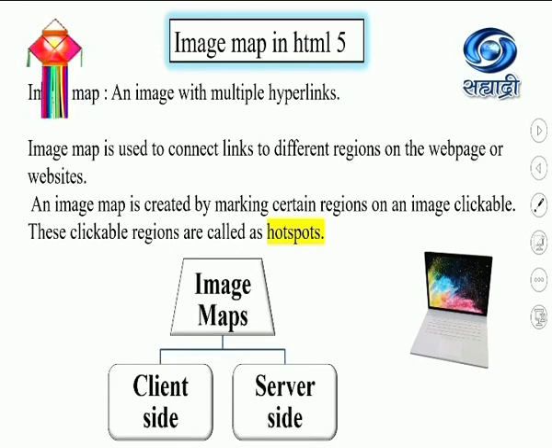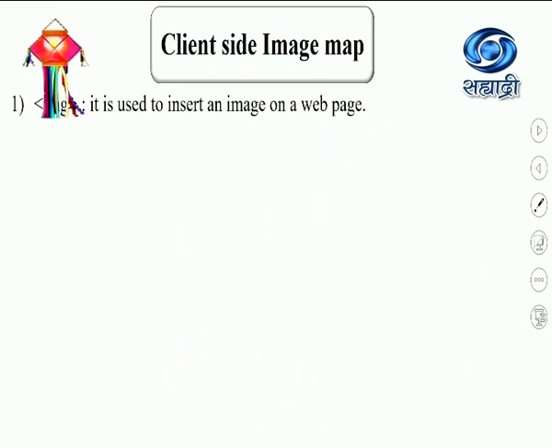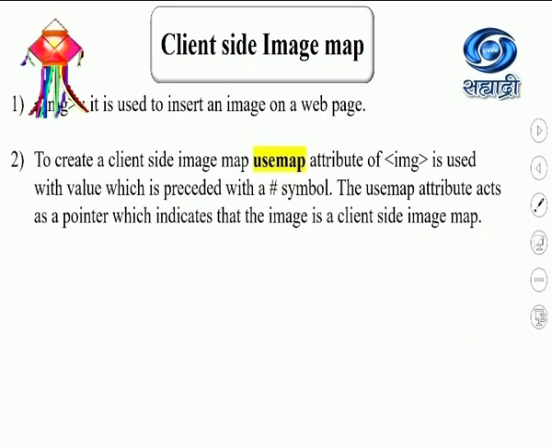There are two types, server side and client side image mapping, as I just said. The tags required for creating the client side image mapping we will see. We have only client side image mapping in our syllabus. So we will just see what tags are required for that. Along with the image tag, you must make use of the usemap attribute for client side image mapping. So a question comes in the online examination, in the fill in the blanks, which attribute is used in client side image mapping along with the image tag with the src and other attributes. So the usemap keyword is very important.